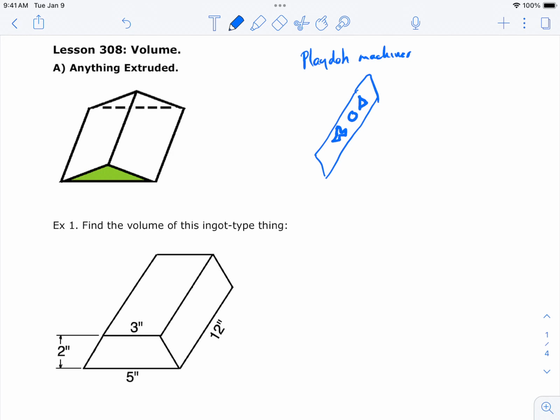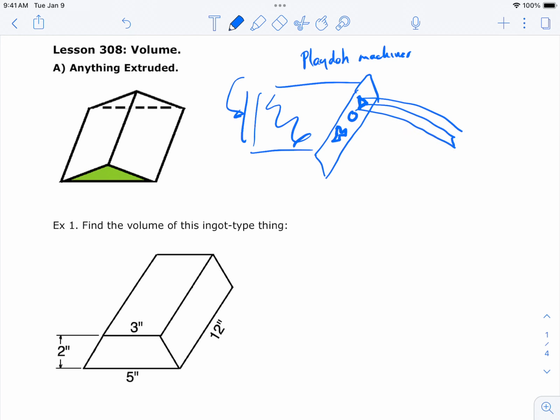And then you fill this all up with Play-Doh over here, and then there's this lever that you can push, and when you push, maybe you get a triangle. It's almost like a spaghetti machine, I guess. You get this. My 3D drawing isn't up to snuff right now, but you know what I'm saying. It's a Play-Doh machine. This is called extrusion, actually. Well, extrusion, I guess I think you would pull. This is a push. But anyway, you've got this shape, and because you're mushing some stuff through there,